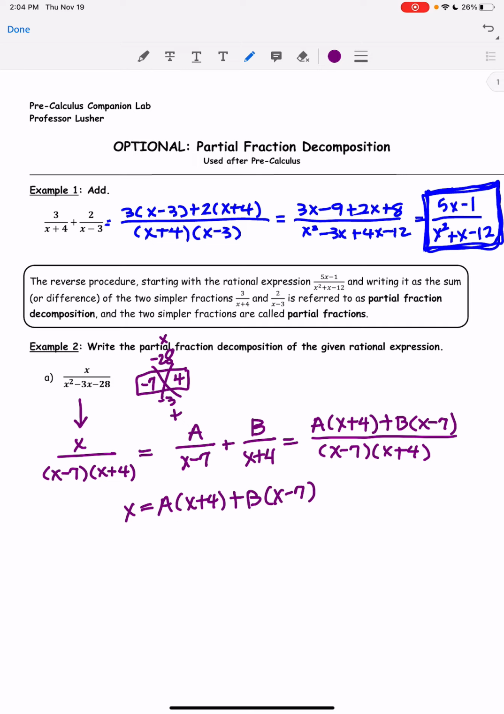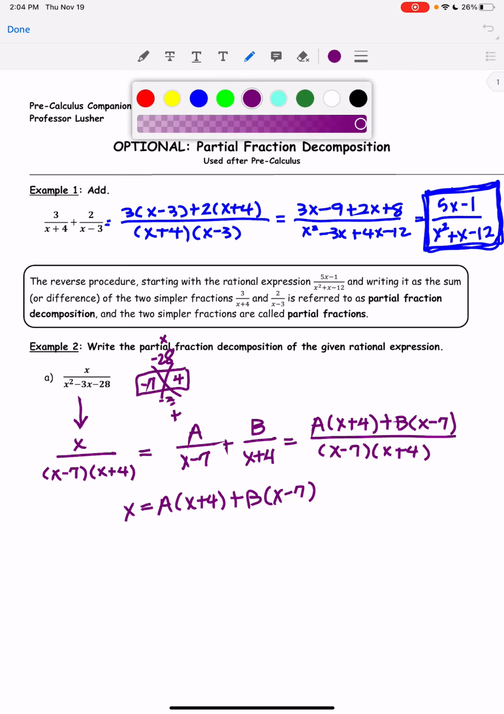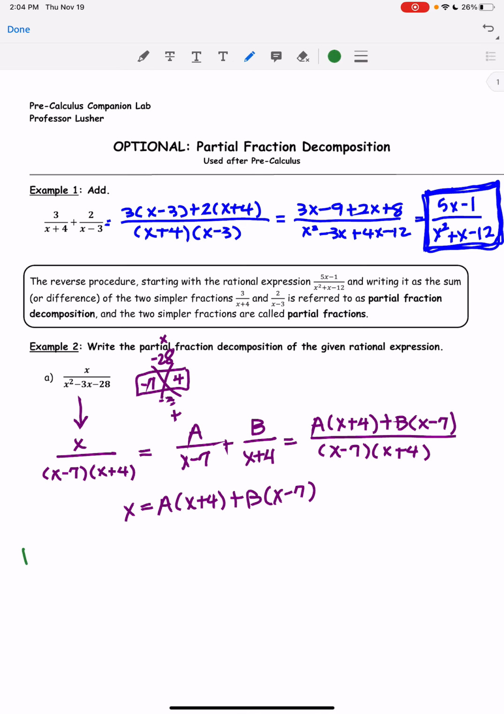So now here, I'm going to show you two different ways to solve it. I'm going to show you the way I prefer, and then the way that I was encouraged to teach you. So the way I like, let's go ahead and do a different color, shall we? The way I like is once we have this equation here, the whole goal of this is to solve